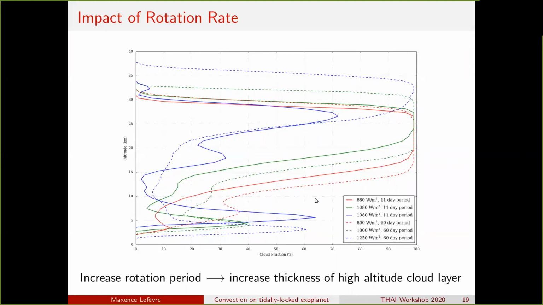You can also see that there is some difference between the two rotation rates for the low clouds, but overall the increase of rotation period will increase the albedo of the domain.